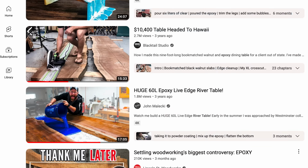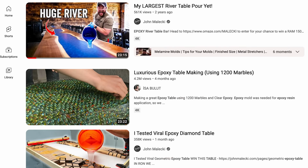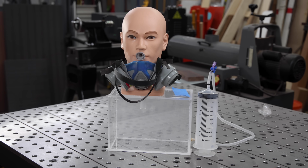Another trend that has become very popular in the last decade or so is epoxy river tables. Whether you love them or hate them, I could not tell you the last time I saw someone wear a respirator when mixing or applying epoxy. For whatever reason, people think it is harmless, and I think our buddy Kyle is pretty beat at this point, so I'm gonna give him a break from all of this toxicity and instead